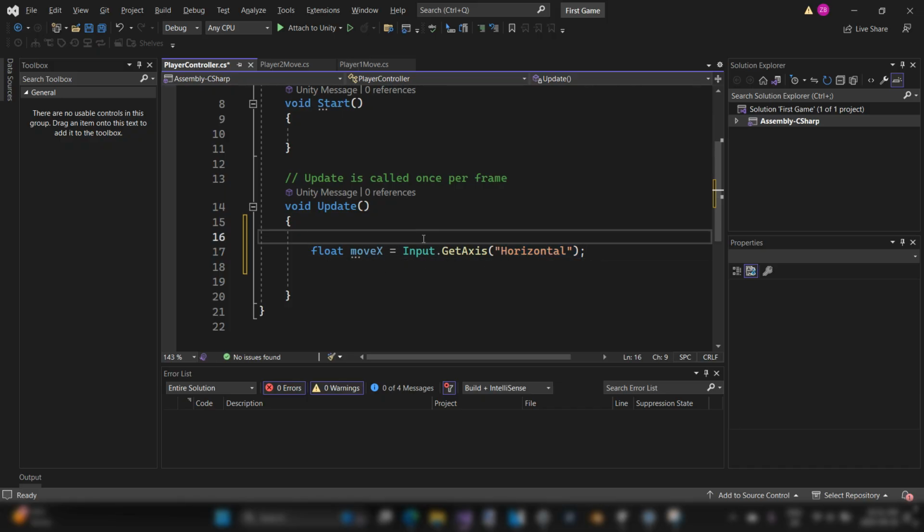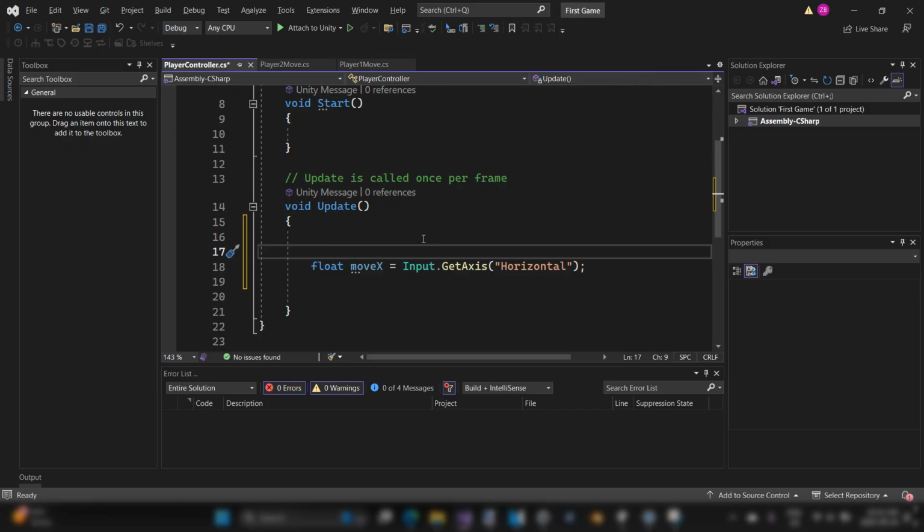So what does this line of code do? Well, if you go // you can write a comment, and this isn't code. This is just words to help you understand the code that you're writing. Anything in green isn't actual code. Your computer just ignores it. So moveX means that when the user presses either A or D on their keyboard, because A and D is typically how you move left and right,